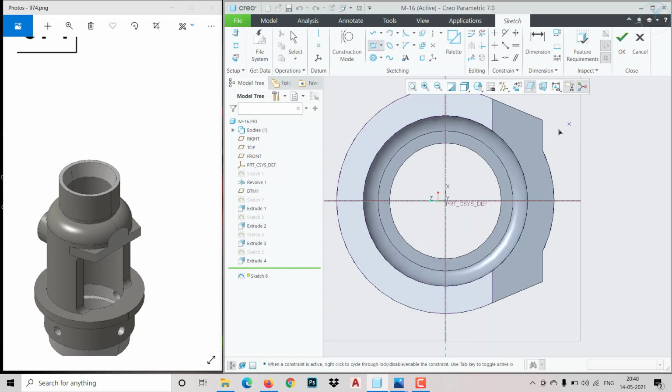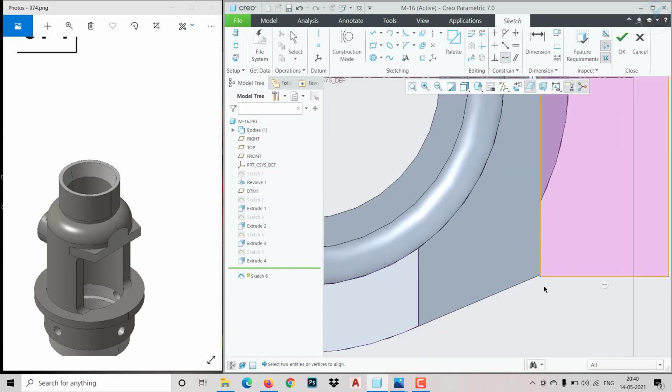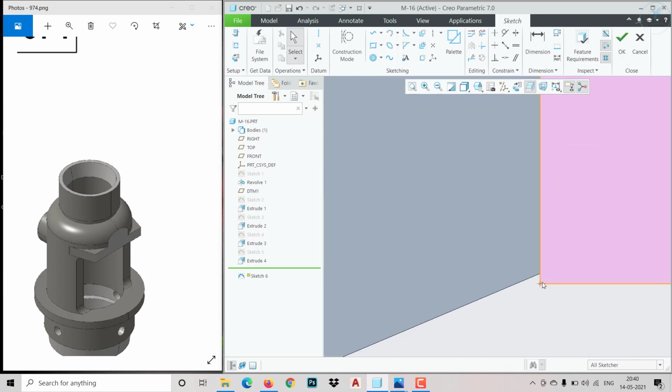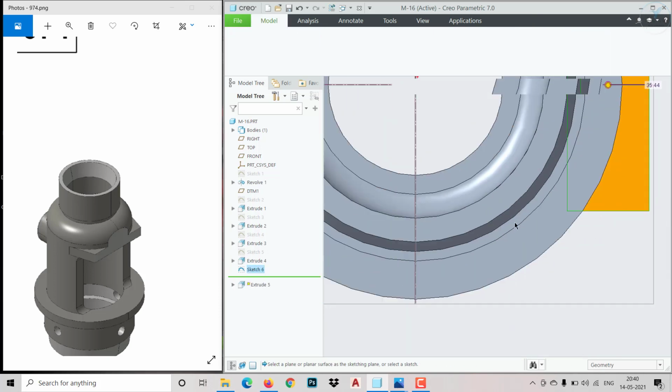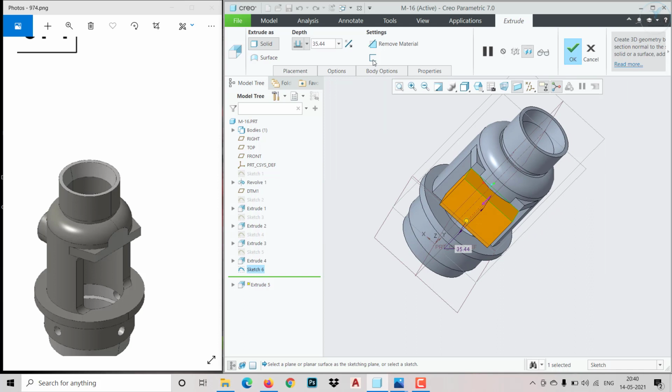So let me click here and make it like this. So this, I need to make it coincident. So exactly over here. Okay. So click on extrude and remove material, flip. So let me make it through all, then click OK.